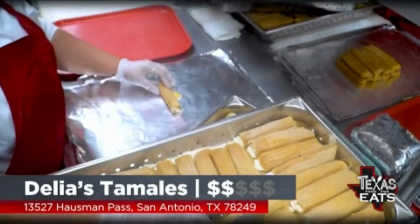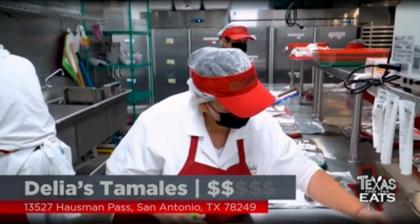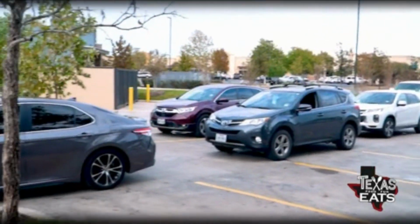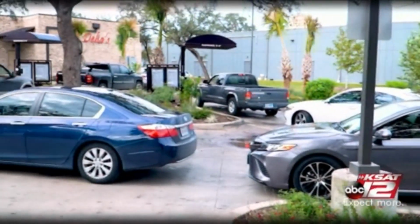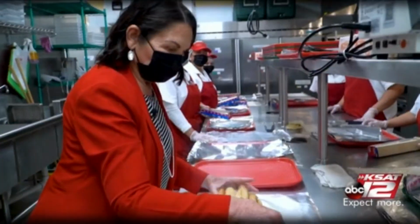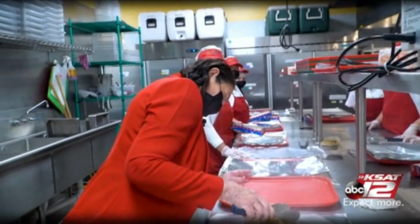Delia's Tamales is a Texas tradition. The massively popular tamale restaurant attracts customers from around the United States, especially during the holidays. This tamale hotspot operates like a well-oiled machine, something that Delia Lubin, the owner and founder, has worked on since the restaurant's humble beginnings. It was almost 30 years ago, you started making all these tamales with only 5 pounds